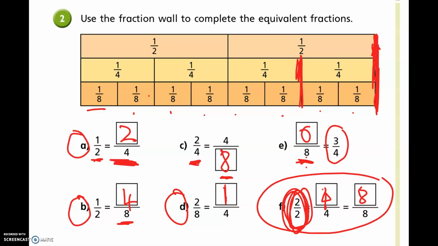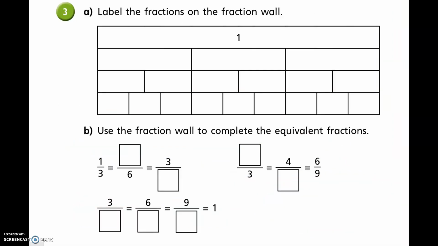They're exactly the same. So if I said to you, you're getting 8/8 of the chocolate bar, you're getting the whole thing. 4/4 of the chocolate bar, you're getting the whole thing. And 2 halves, you're getting the whole thing. So they mean the same thing. That's equivalent fractions. This time we have been given in number 3 the fractions wall, which is blank except for